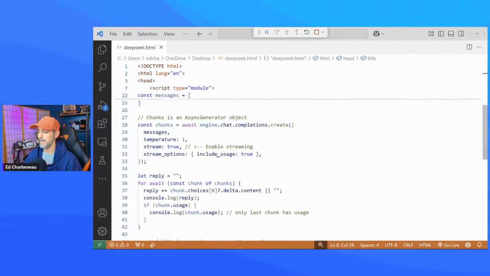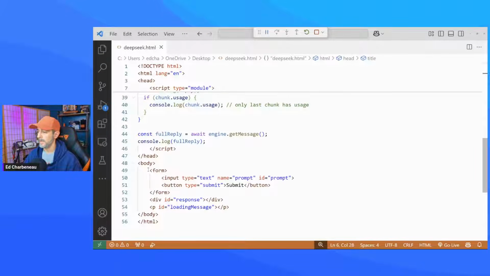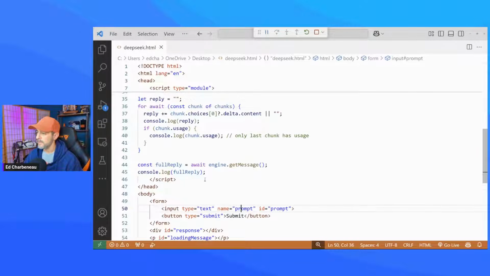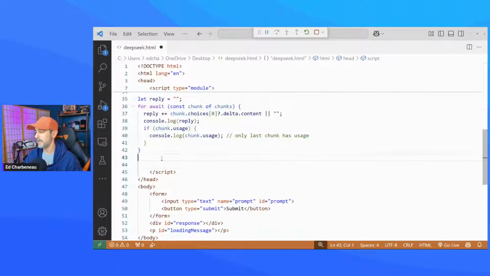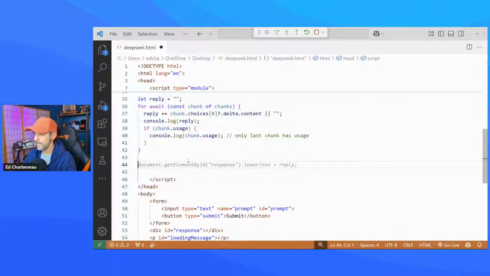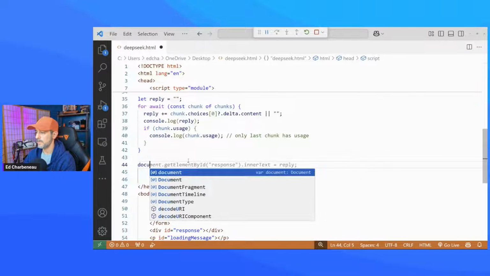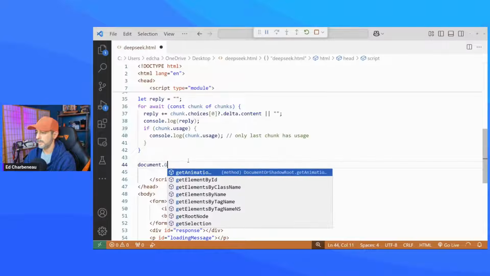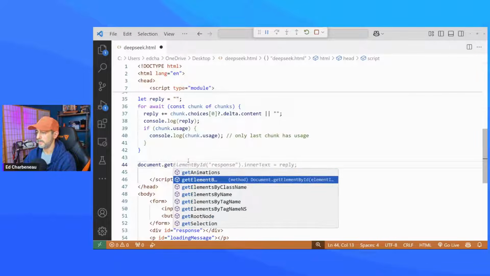So we need to enable this button, and we have a form, and we want to be able to click on the submit button and submit a message to the system. This line of code here is just taking the full response after all the chunks have been completed and displaying that in the console. So we don't really need that. We'll go ahead and ditch that. And we need to do a button click. So we're going to say document dot get element